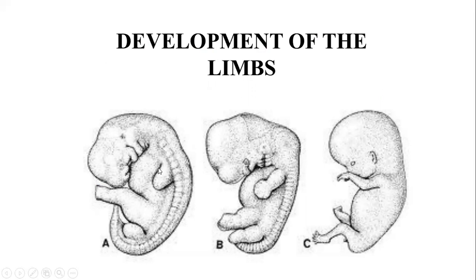So this is a general overview of the development of the limb. First of all, by the end of the 4th week, you have the limb buds, upper limb bud and lower limb bud. Upper limb bud appears by the 27th day, lower limb bud lagging behind by 1 to 2 days, about the 29th day. Then you have paddle-like hand and foot plates by the 6th week, and a constriction develops between the developing arm and the developing hand, developing leg and the developing foot. Later on, digital rays can be seen, and then the process of apoptosis, or cell death, is going to cause degeneration of the mesenchyme between the digital rays and give you fingers in the hand and toes in the foot.